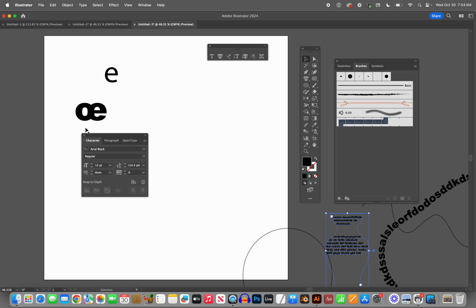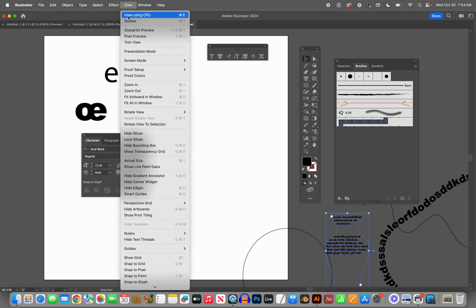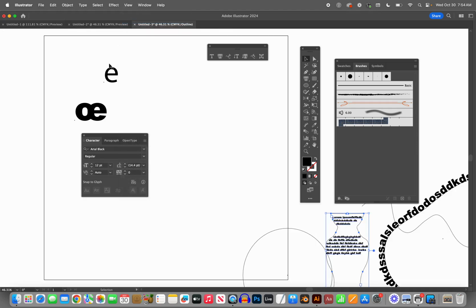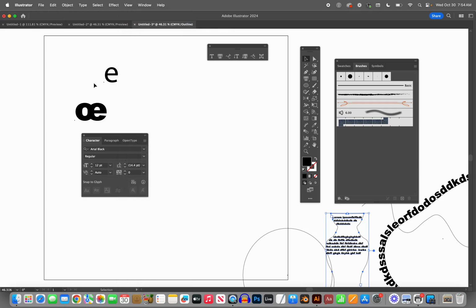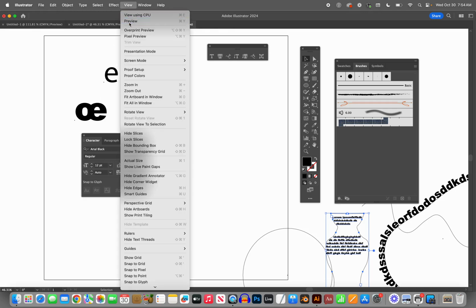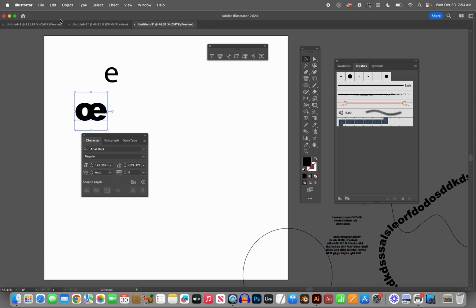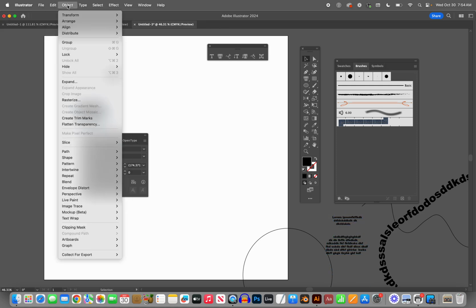Okay, now let's take a look at what I have here. This is a little bit of a review. By going to View and Outline, you can see these are pure black. What does that tell you? You should think, oh, it means that these haven't been expanded. And that's true. So just to review, go to Object, always expand